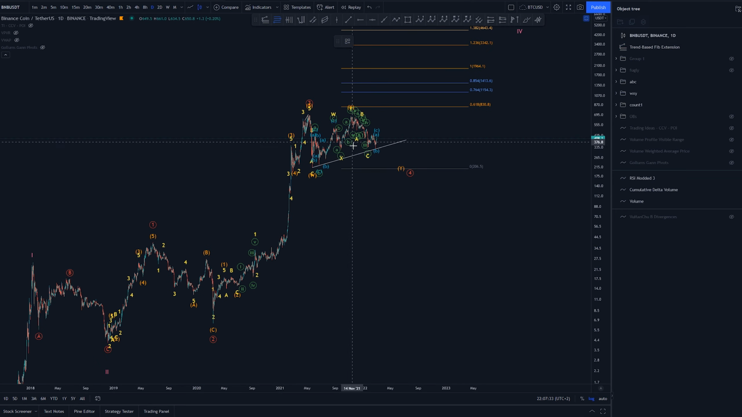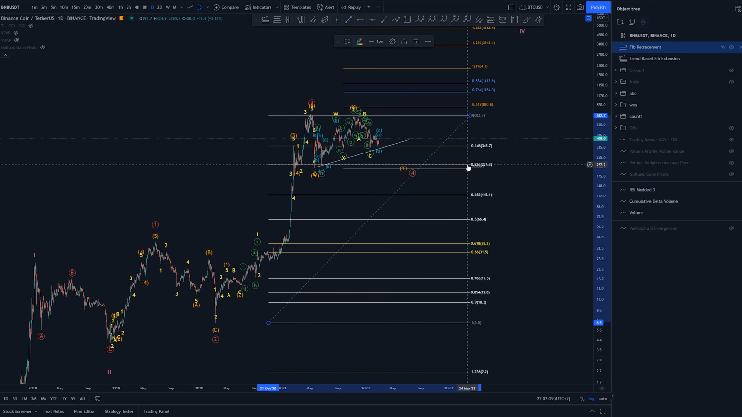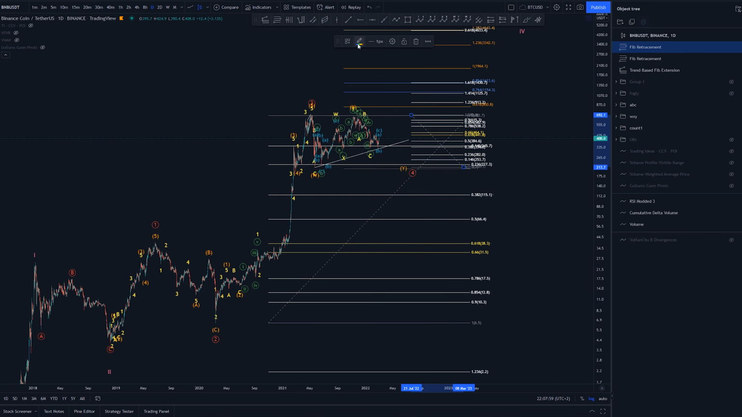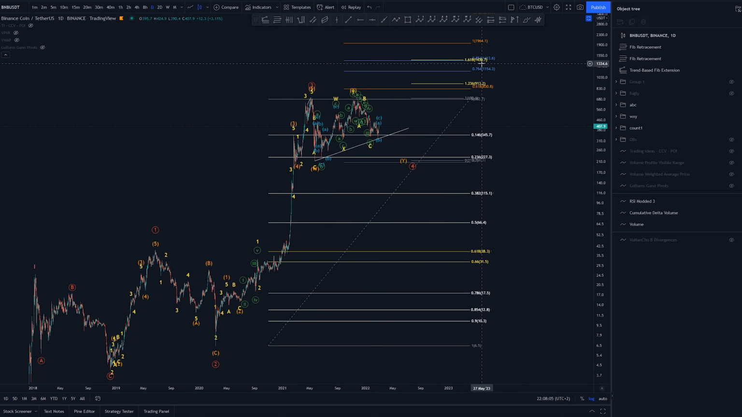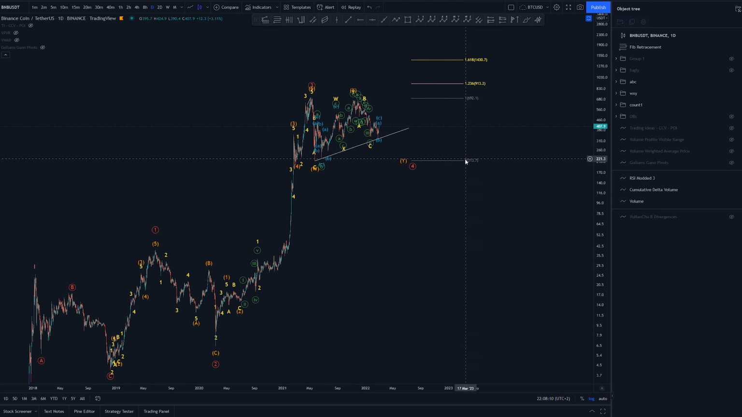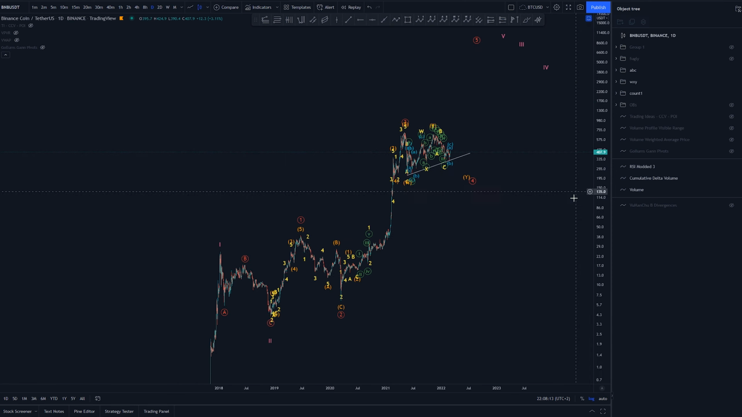Now let's check this out again. So around here is the target box for this retracement if we are coming down, and then we can expect some higher levels. We can also check this one and do the wave 5 retracement, and this would end up around $1,400 to $900. So I think that's some good targets for now,